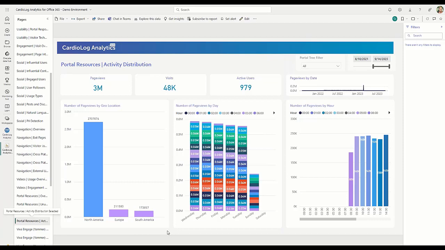These are some of the excellent reports that Cardiolog Analytics has to offer for organizations to leverage in order to get the best out of your SharePoint environment. Let me hop back to